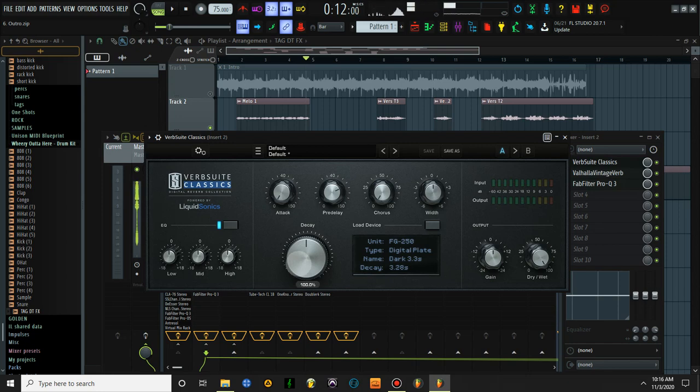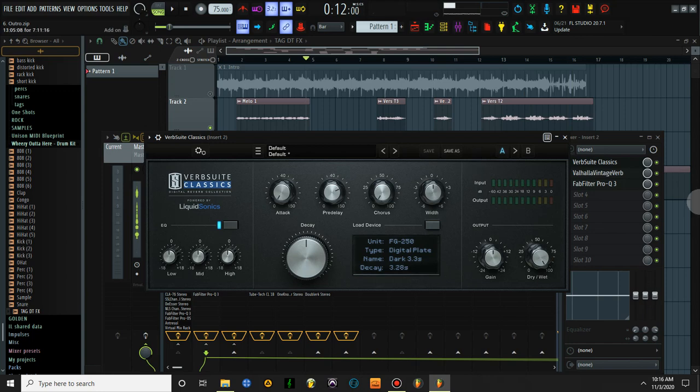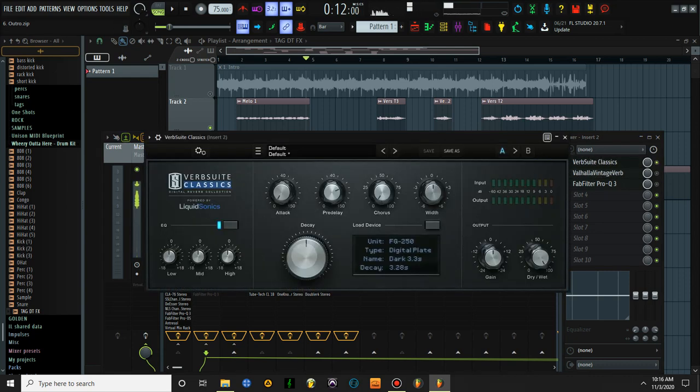What I'm doing is, there's a FG250. The unit is FG250, and I'm using dark 3.3 seconds. Yeah, because I've synced the reverb with the BPM. So this is a bar of 75 beats per minute, and there's a way you could calculate your reverb times and